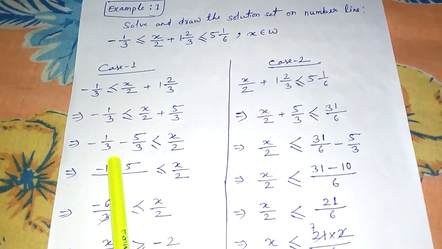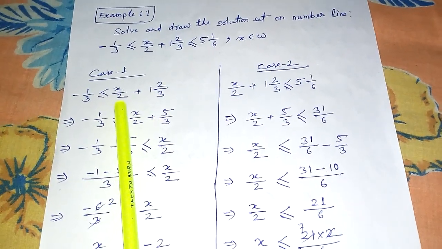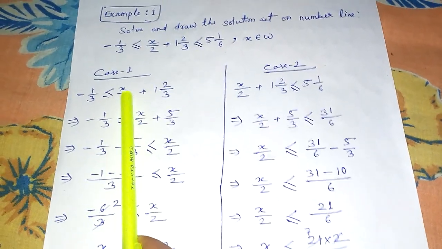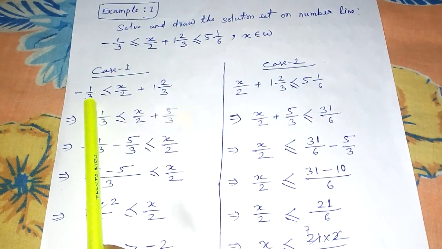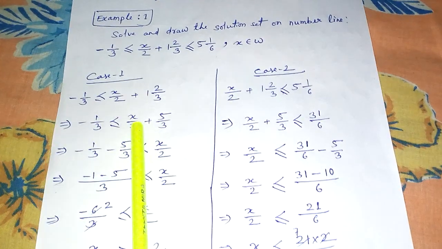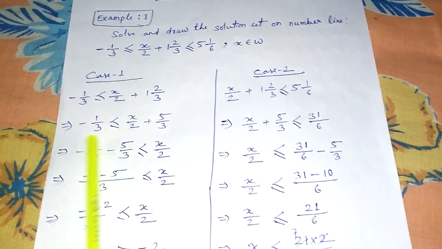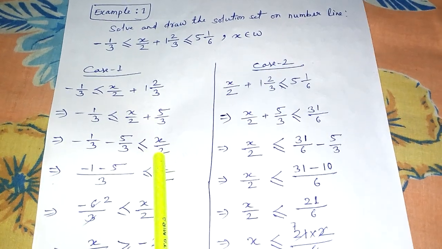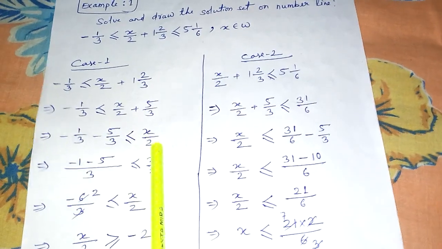Now, as you all know, I have always told you that we should target that our x remains positive. So here if I shift x by 2 to the left hand side, then plus will become minus. So it's better not to go to the left side, let it be in the same place. So better, what we do, take the numbers on the left side. Let the number be negative, no problem, but always keep the x variable positive. So not changing the sign is better here. If you change the side, then x will become negative.